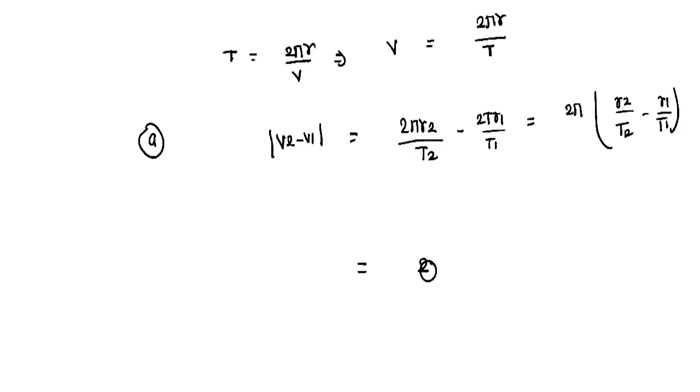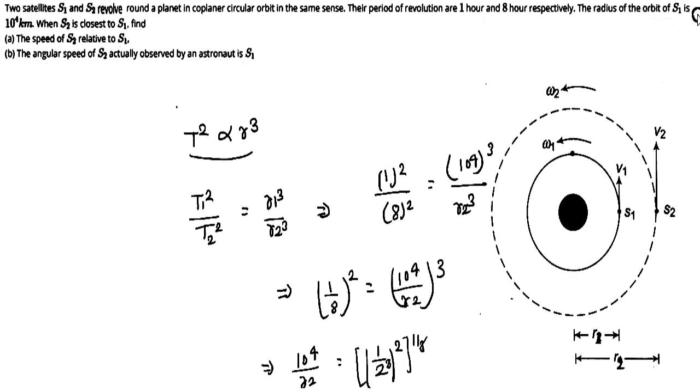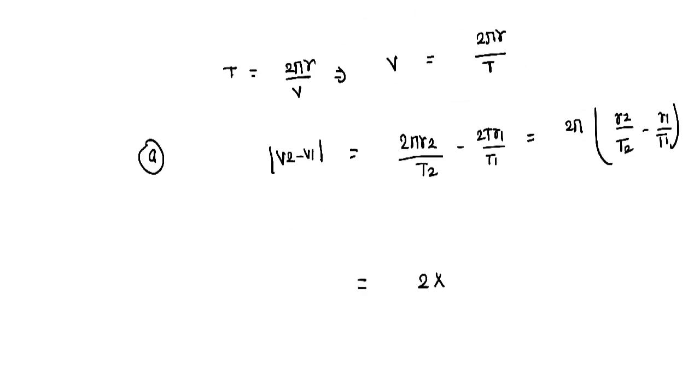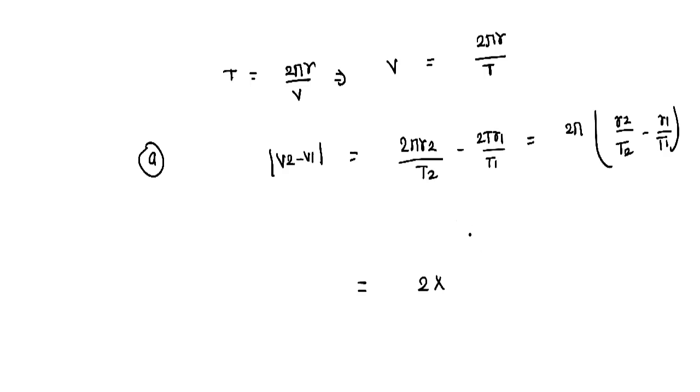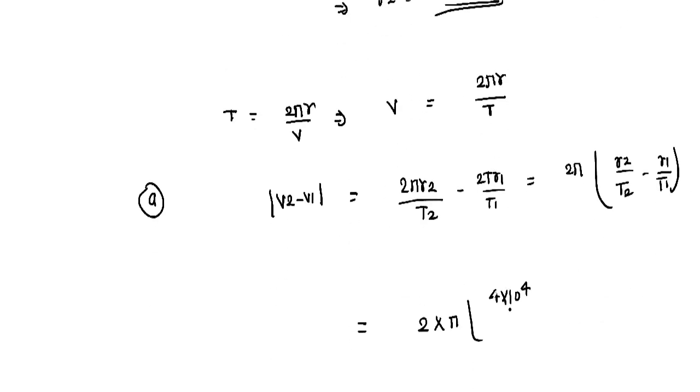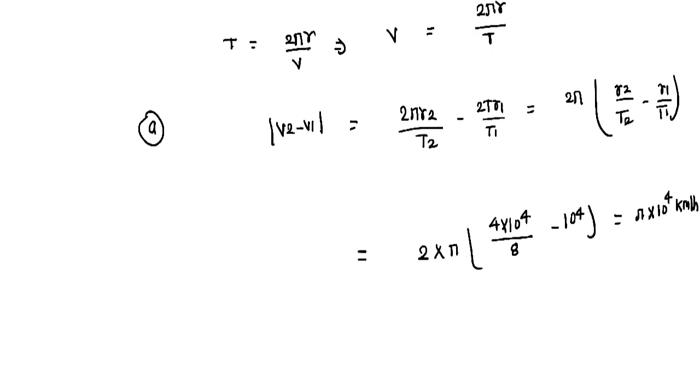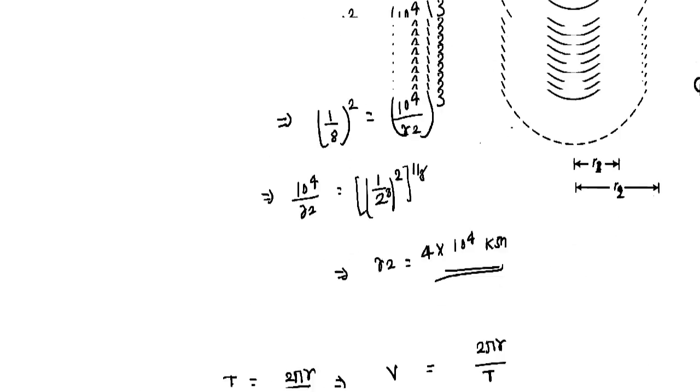तो इसको सॉल्व करेंगे, हम देख रहे हैं कि r2 हमको दिया हुआ है, r1 भी दिया हुआ है एंड T1, T2 भी दिया हुआ है, तो सिंपल वैल्यू को यहाँ पुट कर देते हैं। 2 इंटू π का मान π के फॉर्म में ही लिख देते हैं। तो 2π इंटू r2, जो हमने अभी फाइंड किया, 4 इंटू 10 के पावर 4, डिवाइडेड बाई T2 जो 8 है, एंड माइनस 10 के पावर 4। इसको सॉल्व करेंगे तो यहाँ से π इंटू 10 के पावर 4 किलोमीटर पर आवर हो जाएगा। तो यहाँ से हमने जो v2 माइनस v1 फाइंड करने को बोला था वो हमने फाइंड कर लिया।